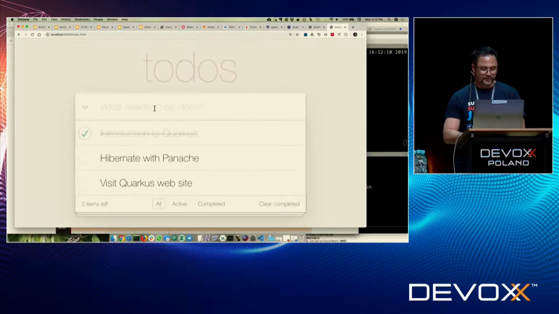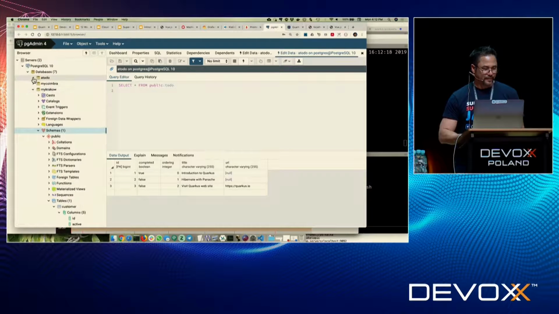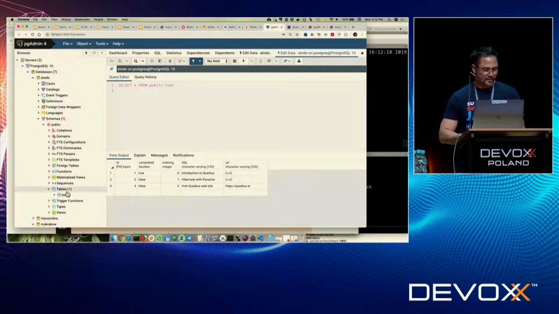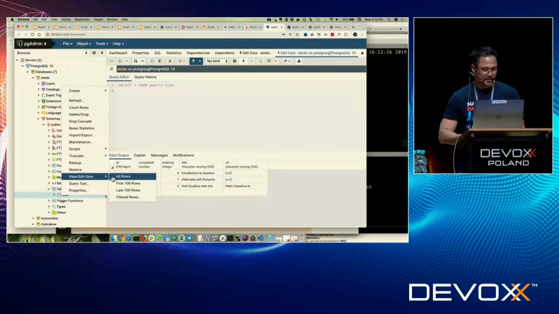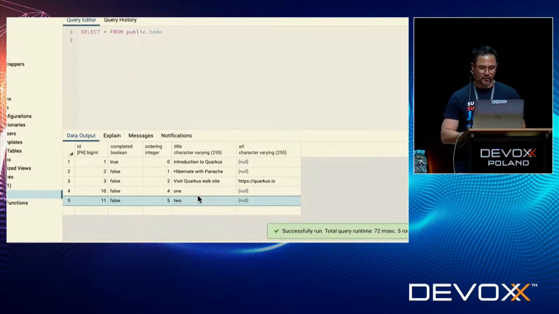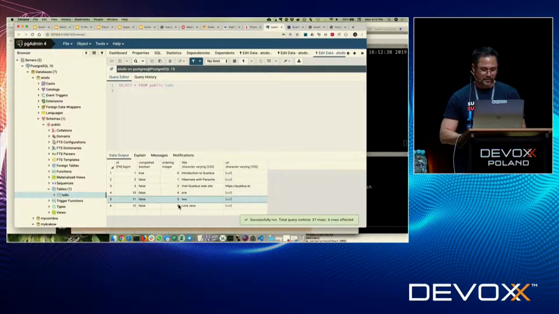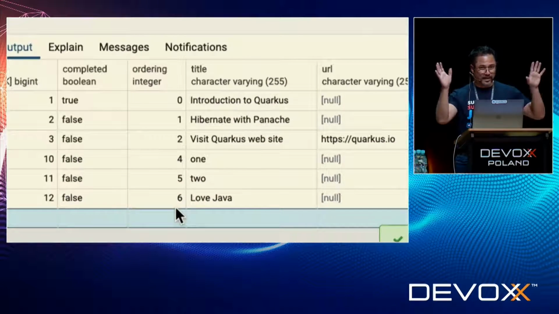And so it has a user interface on front. I can put in 2. And let me see, this actually connects to this database. Let's see if we got that right. And table, refresh. And to-do table. And let's see here. I like going back to the user interface to see if, in fact, I did things right. So there's 1 and 2. And, if I want to add 3. So let's put something in completely different. Love Java. And hit refresh here. All right, love Java. So it's a full working application.